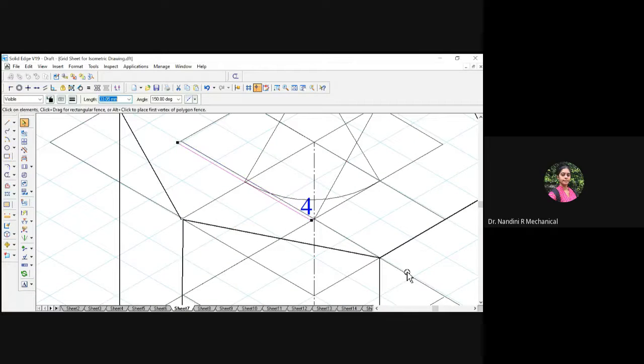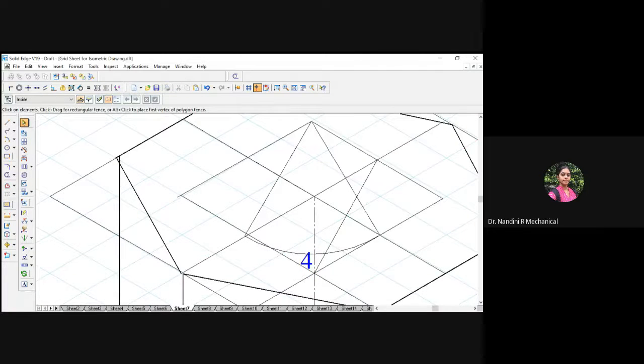So this is the line that we have to delete. Okay. Since I didn't zoom it, it didn't connect exactly. So now I have